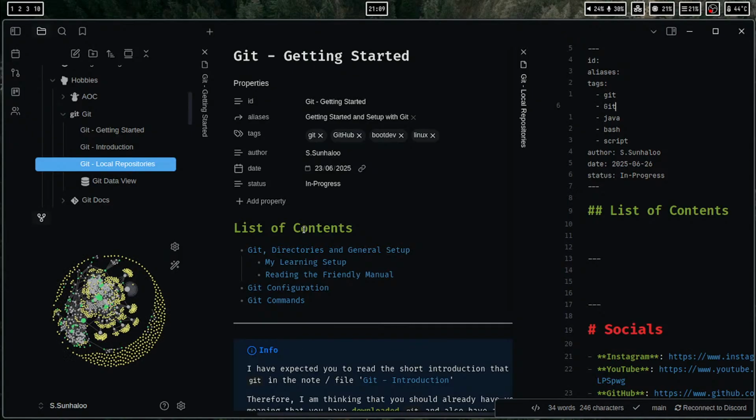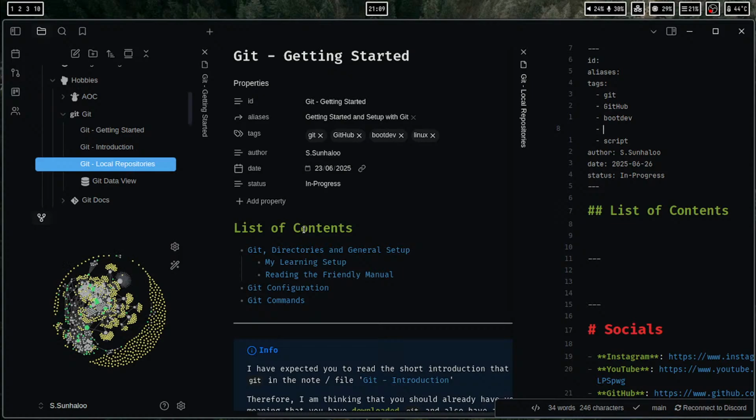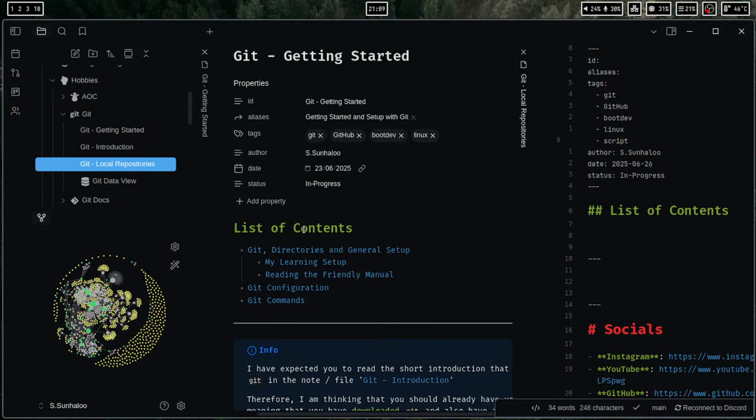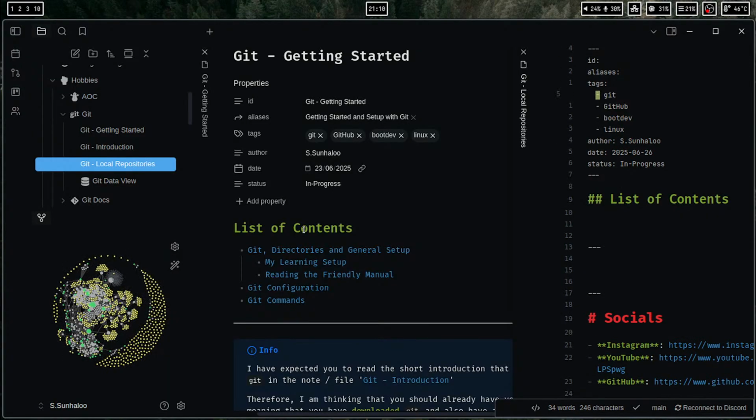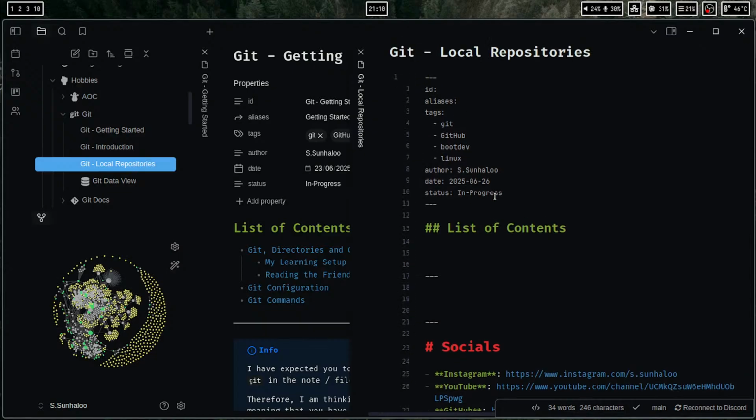So GitHub, put dev, Linux, and then I think that's it. So okay, and then I'm gonna say,